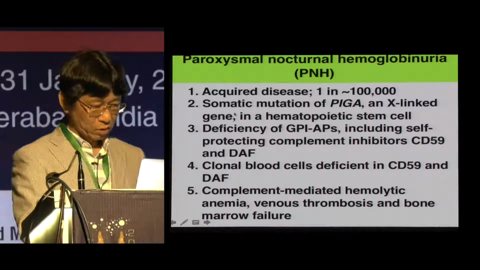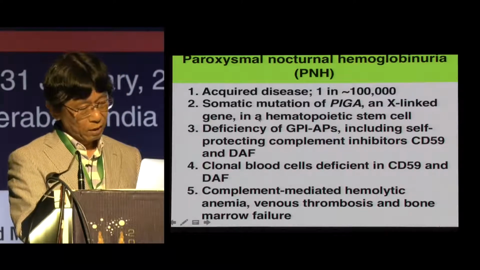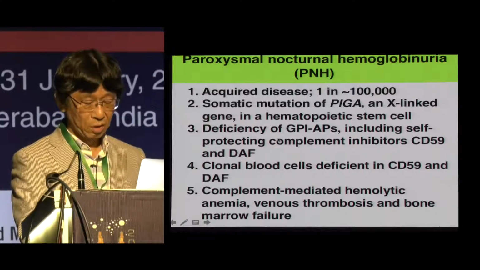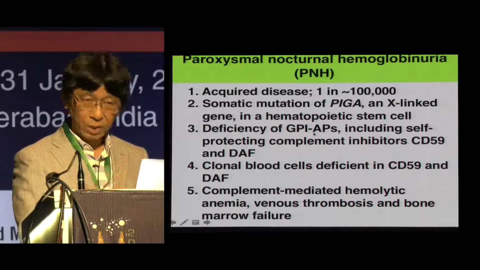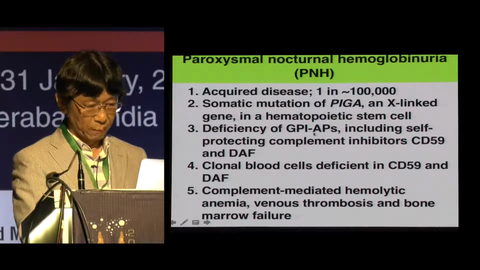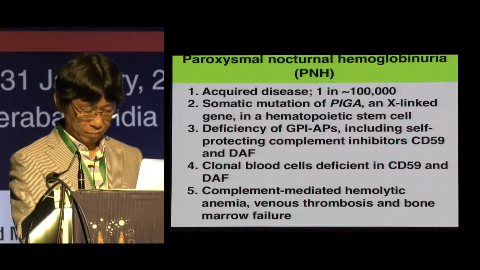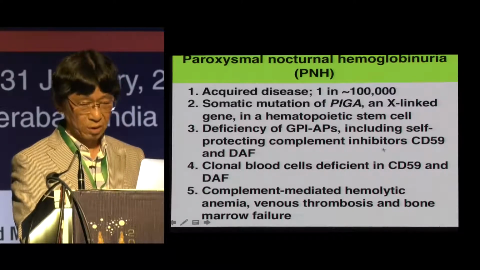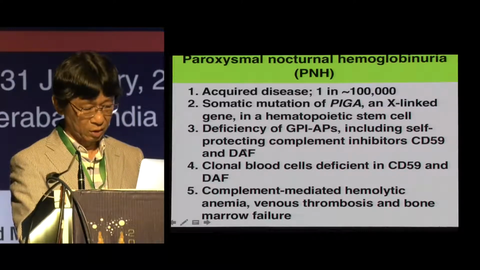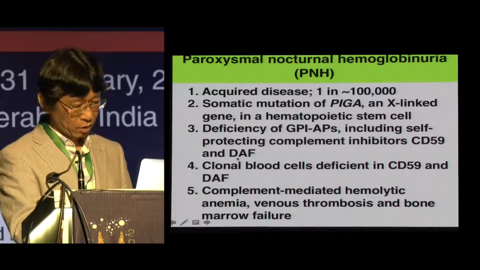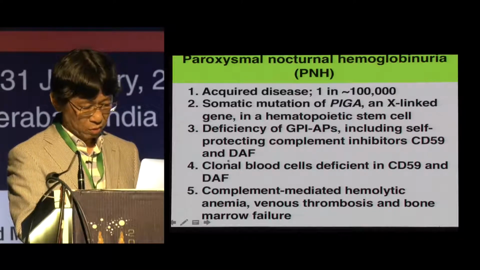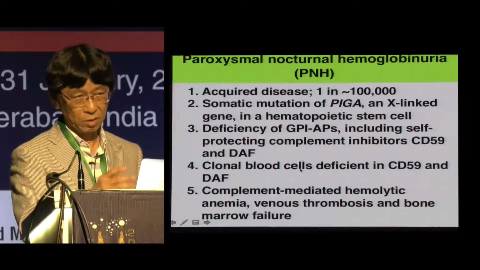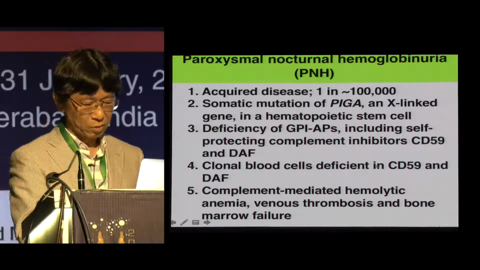So because of the somatic mutation in PIGA, the mutant cells have the GPI-anchor protein deficiency. The blood cell gets the abnormality. The GPI proteins in the blood cell include two important complement inhibitors, CD59 and DAF, decay accelerating factor. So the mutant stem cell generates a large number of clonal abnormal blood cells, including red blood cells, deficient in the